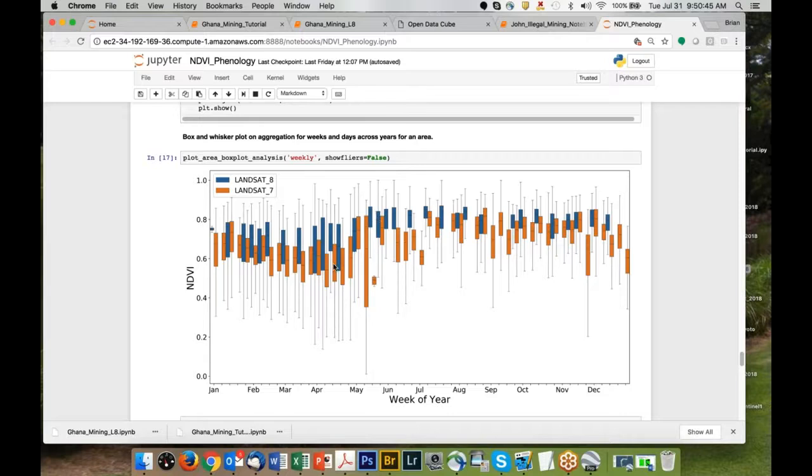And I'm not certain of your rainfall patterns, but I would expect you get most of your rainfall perhaps in May and June in this particular location. If John had chosen a different location for this analysis, like an agriculture plot, what you would see is that agriculture is usually between about 0.4 and about 0.8,